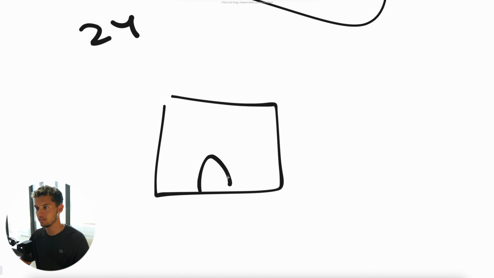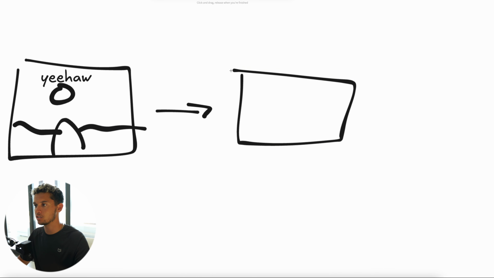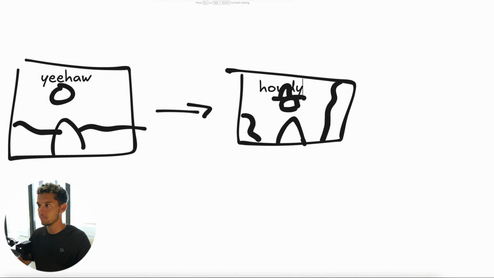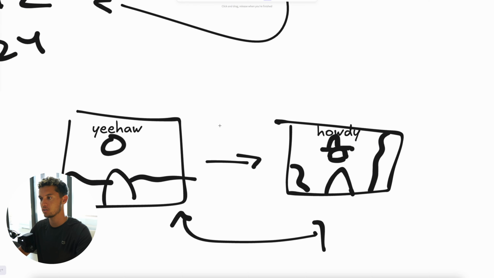So just to explain it, if you would have an ad here, this is an ad with a person, and you have some background, and then you have a headline saying, yeehaw. This would be one ad, works great. And then you do another ad, which is a completely different person. This person has a cowboy hat, yeehaw, and then it's a different background. And then the text says, howdy, completely different ad. This is the same ad. Facebook sees this as identical and they will punish you. They won't punish you, but they won't reward you.